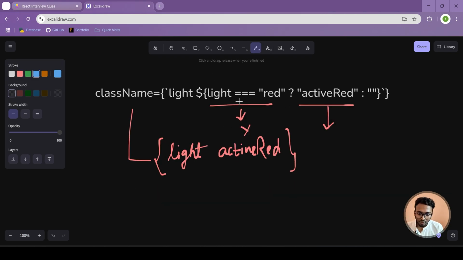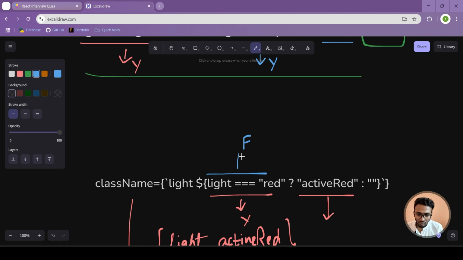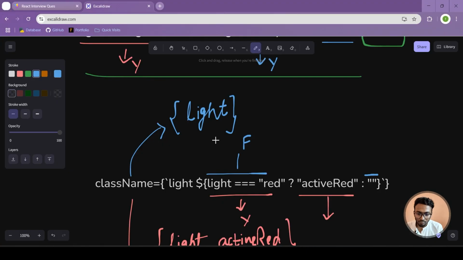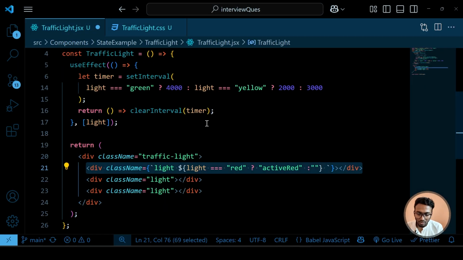And let's say if this condition is false, it means if your light is not equal to red, then simply the false part, that is blank. So that time your class name would be simply light, that is simply your gray color, right? So this way we will have it for the other two lights as well,